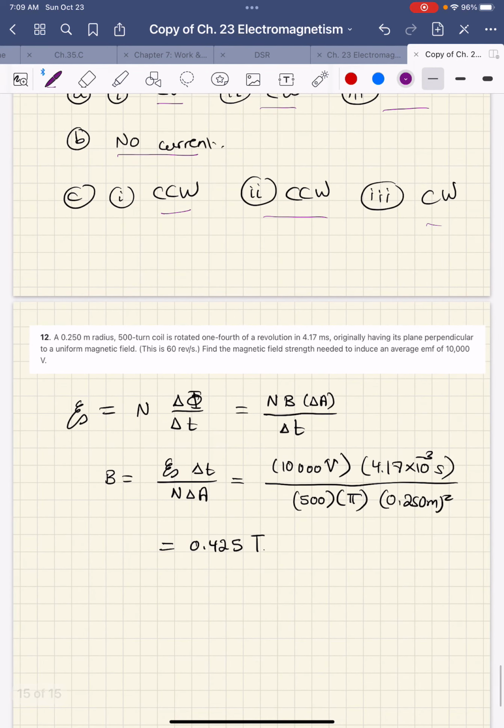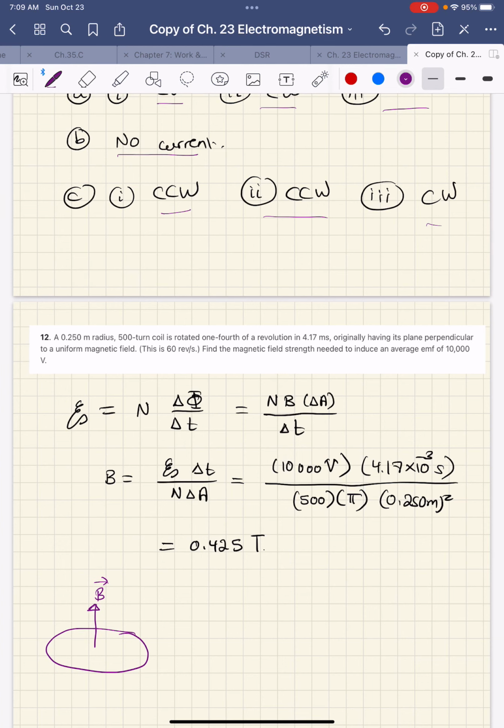This is another question. A 0.25 meter radius, 510 turn coil is rotated 1/4 of a revolution in 4.71 milliseconds, originally having its plane perpendicular to a uniform magnetic field, like this. Find the magnetic field strength needed to induce an average EMF of 10,000 volts. Then